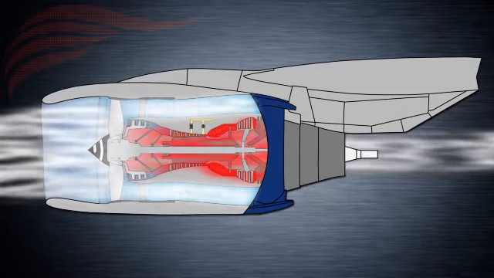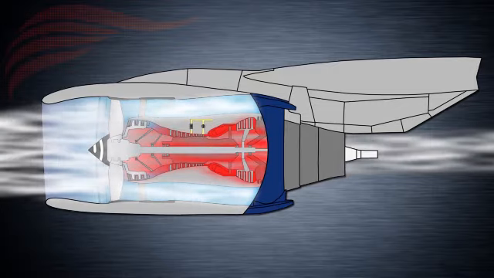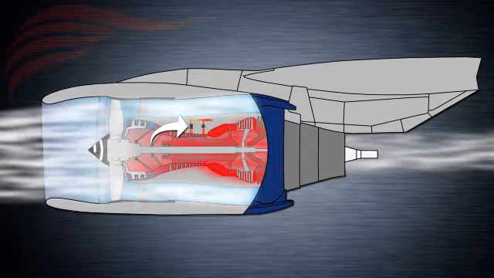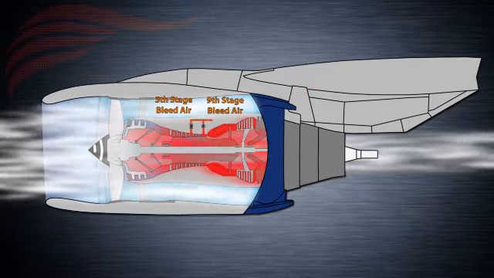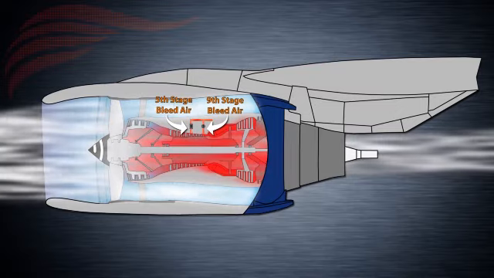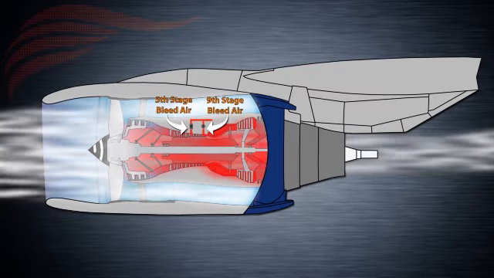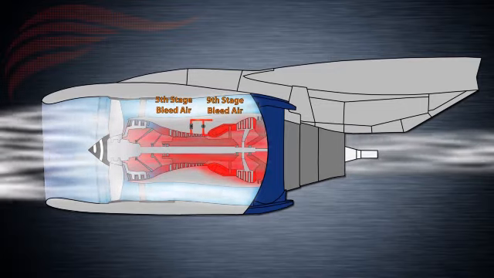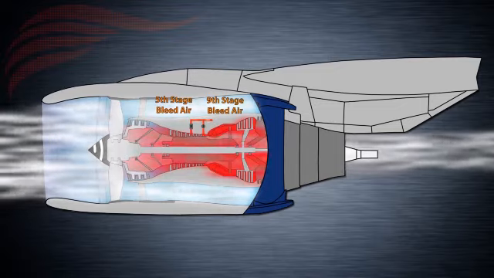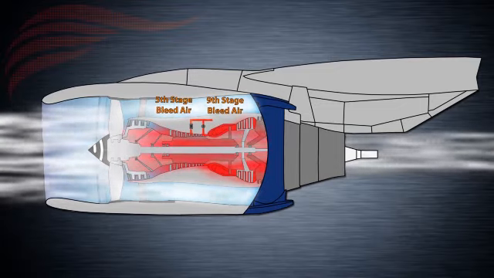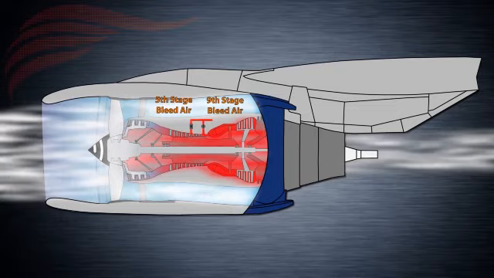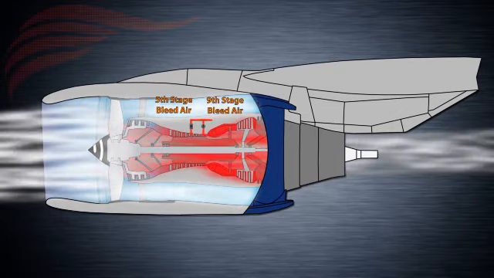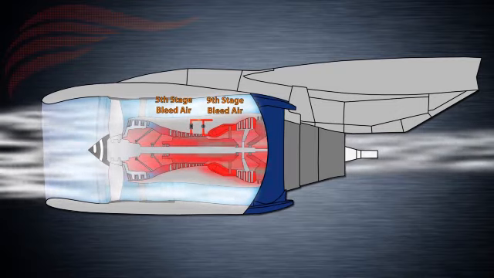A part of the air in the compressor section is extracted and ducted out of the engine. This is high-pressure, high-temperature bleed air. Technically, bleed air is extracted from the 5th and 9th stages of the engine high-pressure compressors. In some engine scenarios, such as when there's a high pneumatic demand from the aircraft systems and the engine is running at idle power, bleed air from the 5th stage is not enough to supply the required demand. In this case, the pneumatic system commands bleed air extraction from the 9th stage of compression automatically by means of